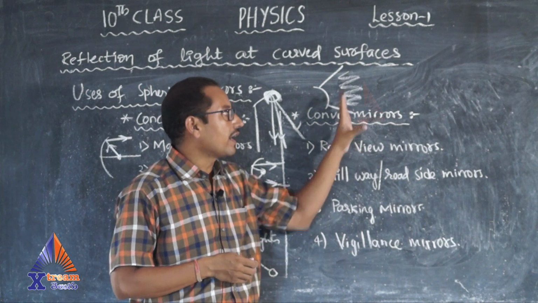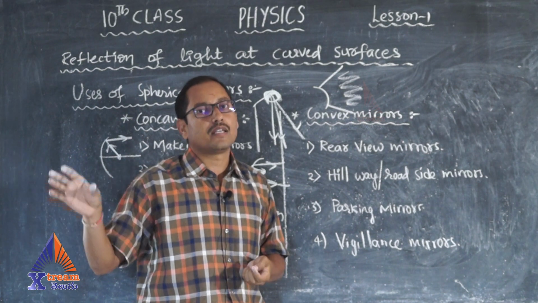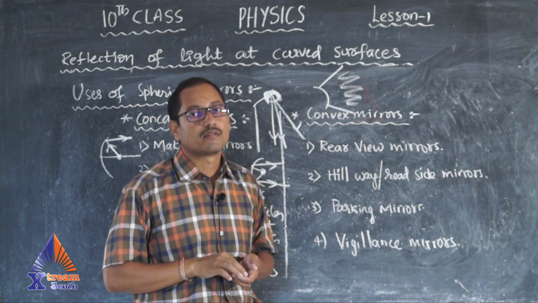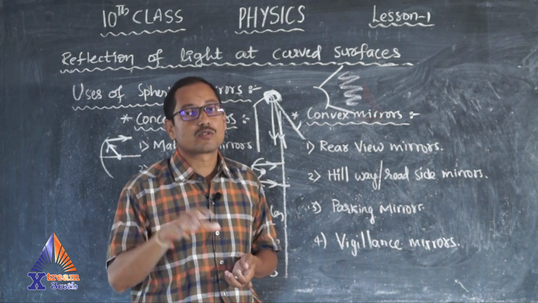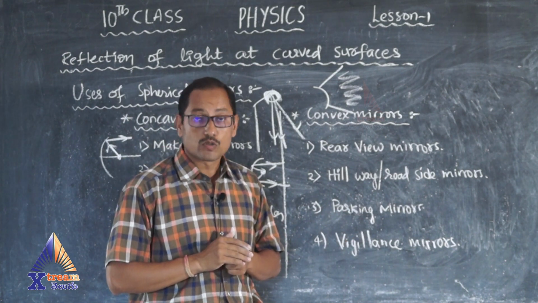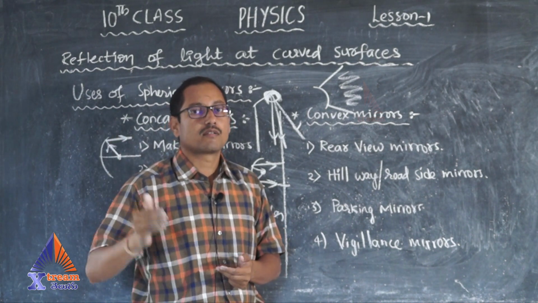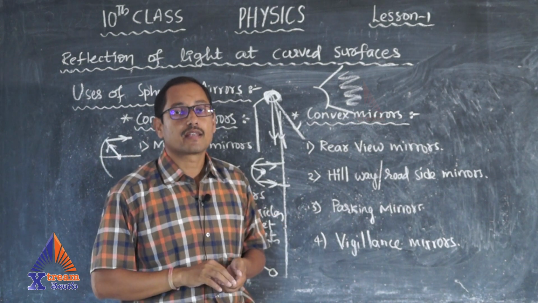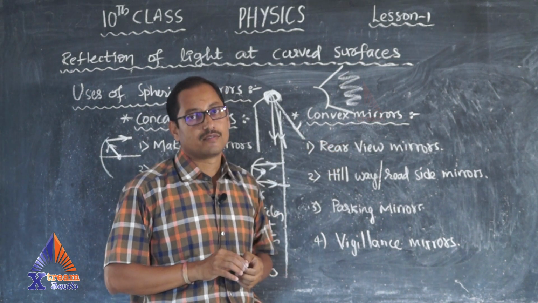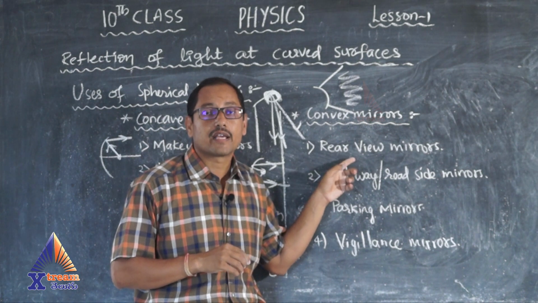These need to have a wider scope so as to cover the total road, and all the vehicles which are coming from the backside must be seen in that mirror. If the original size of that vehicle is shown in the mirror, then one bus itself will occupy the total mirror space. So the original size is not to be shown, smaller sizes are to be shown so that all the vehicles are covered in the same area of the mirror. Hence we use a convex mirror, not a concave mirror, for the application as a rear view mirror.